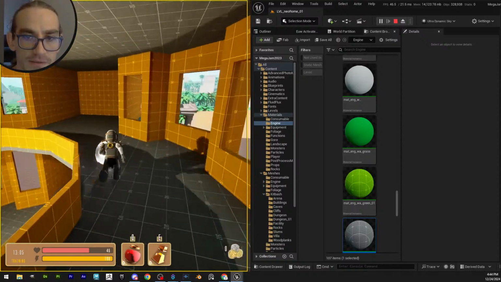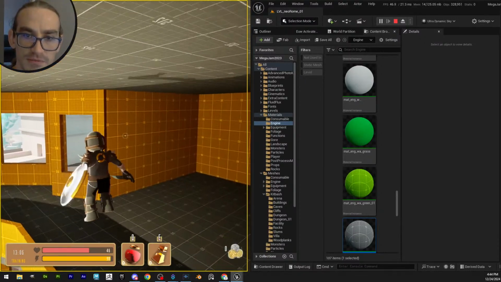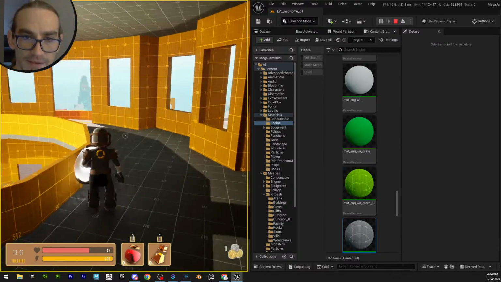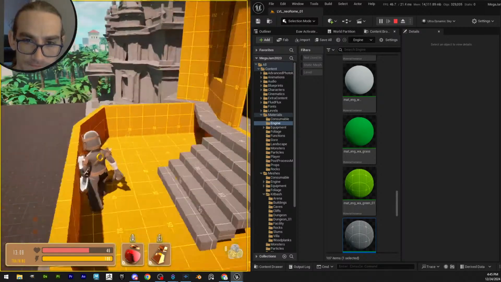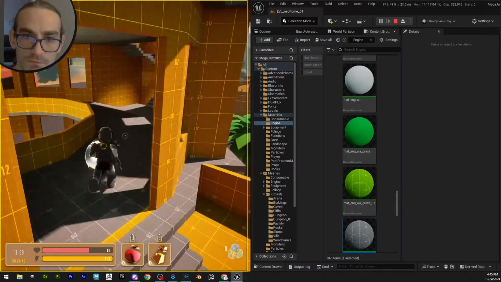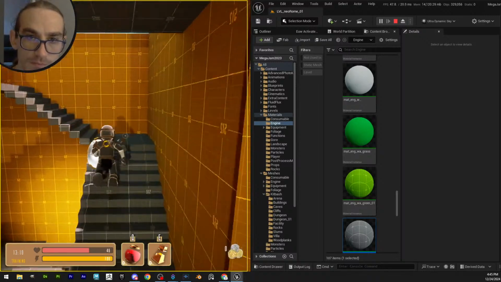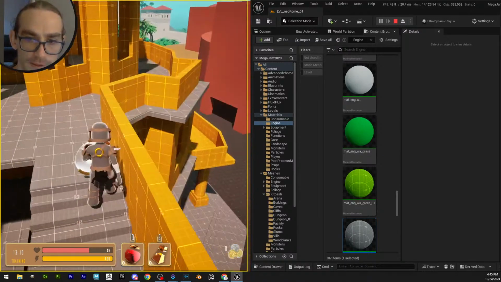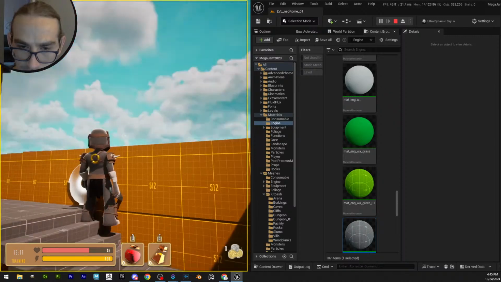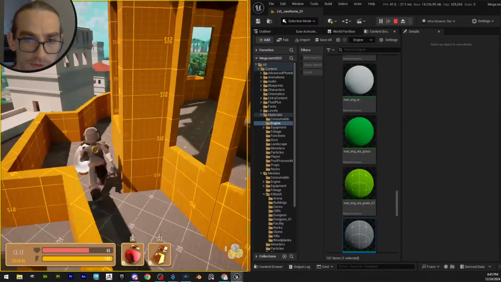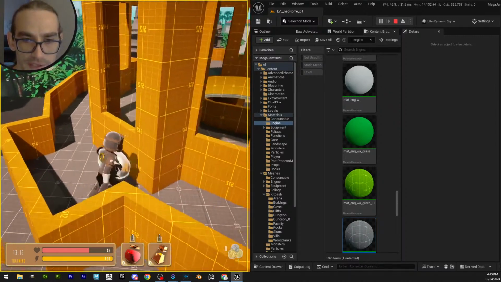It's a little bit, but still, I think high enough. The stairs feel very good. We have this little gap right there that I'm gonna fix. Here it feels very, very